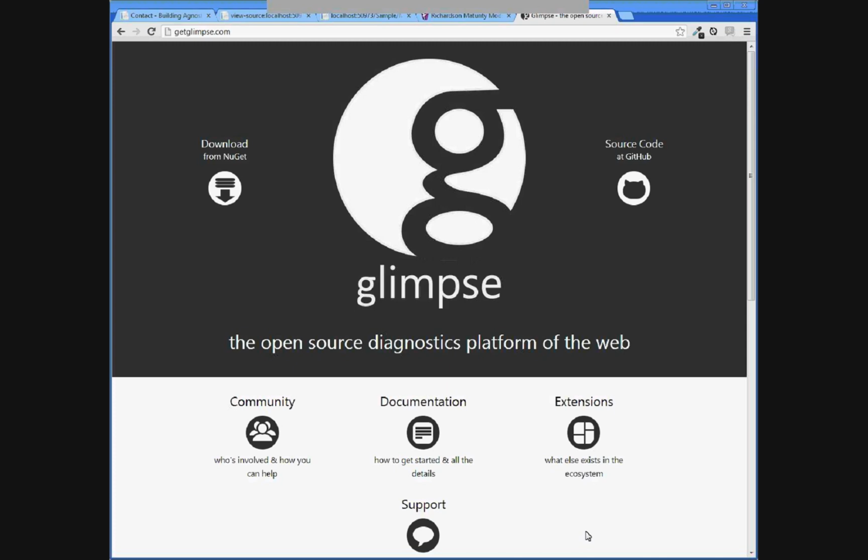So at the time, we kind of considered Glimpse to be Firebug for the server, but I think that view has changed and evolved now. We can support multiple server backends, as a lot of this talk has been about the evolution of how we got to that. We also